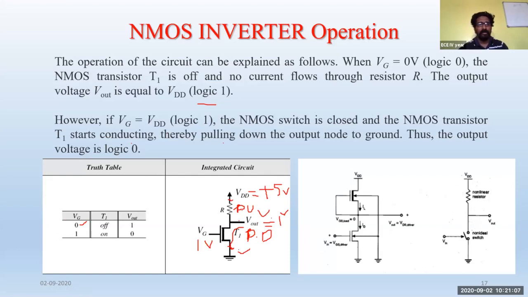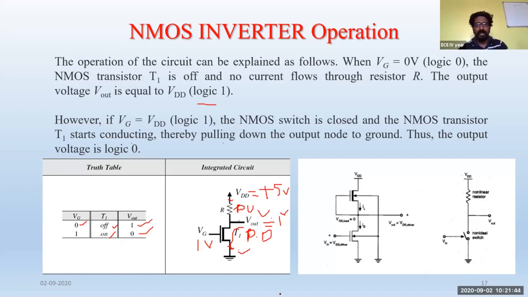You can see even the truth table. In the truth table, whenever VG is equal to 0, what is happening? Whenever the gate voltage is equal to 0, the transistor is turned off. If the transistor is turned off, the VDD will be flowing through the output, so we get an output equal to 1. Whenever we supply VG equal to 1 volt, the transistor is turned on. If the transistor is turned on, the previous output will be pulled down to the ground. So ultimately, there will be no output at the ground terminal. We'll be getting an output equal to 0 volts. So this is how it works with the NMOS inverter.